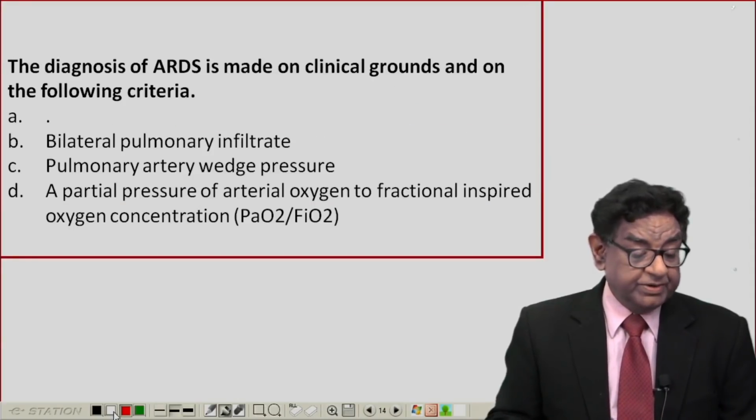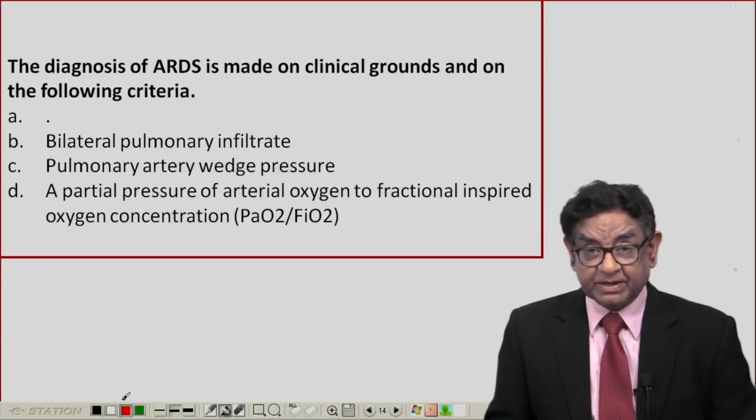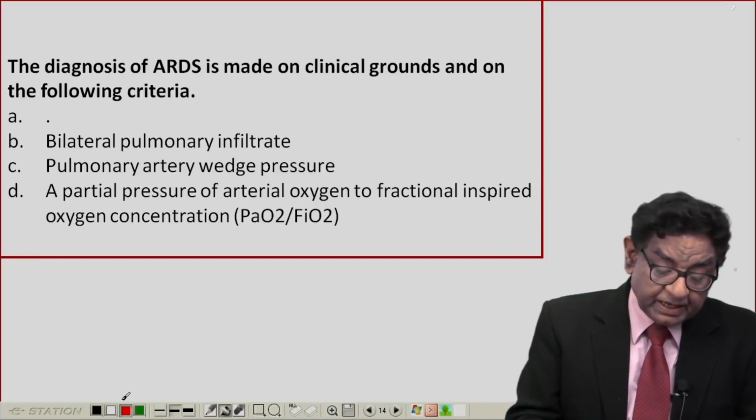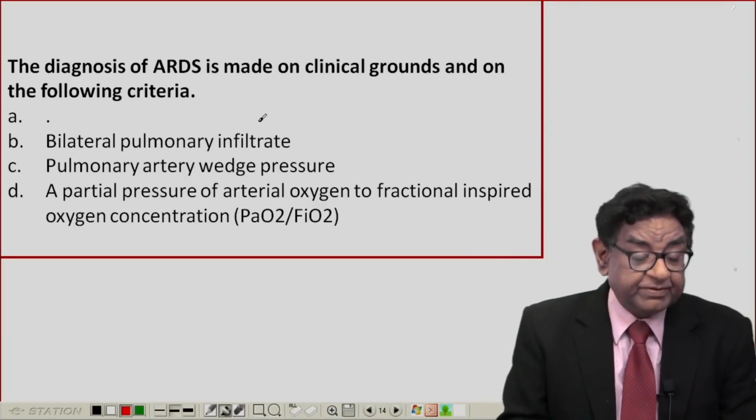Well, how can we go for diagnosing ARDS? Of course, clinical ground is always the reason to diagnose, and in this case, what we have is